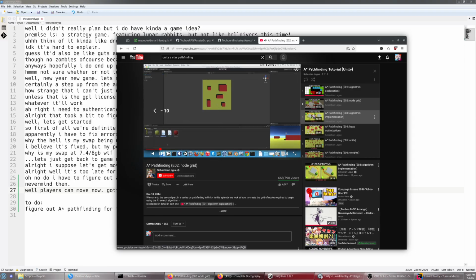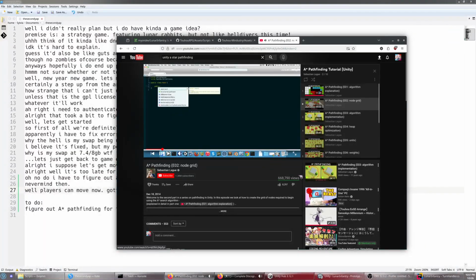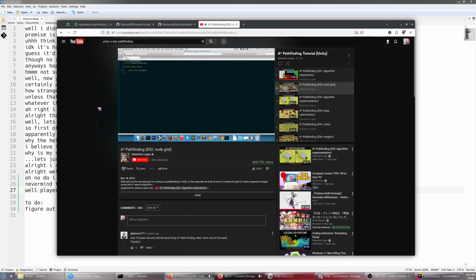First of all, that's going to be dealing with the node class, and the second is the class that's going to be dealing with the grid. We'll just call that grid maybe, and assign the grid class to the A* game object. Let's open up the node class. They're walkable or they're not. So let's create a public bool called walkable. And it would also be nice to know what node. And now we need some way to assign these values when we create a node. So we'll create a constructor. Our grid needs a 2-dimensional